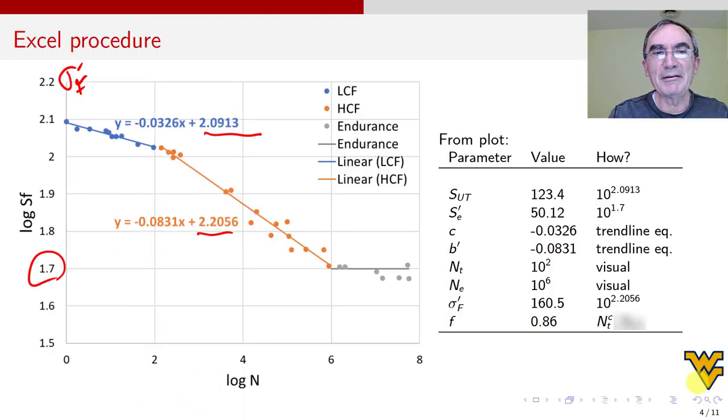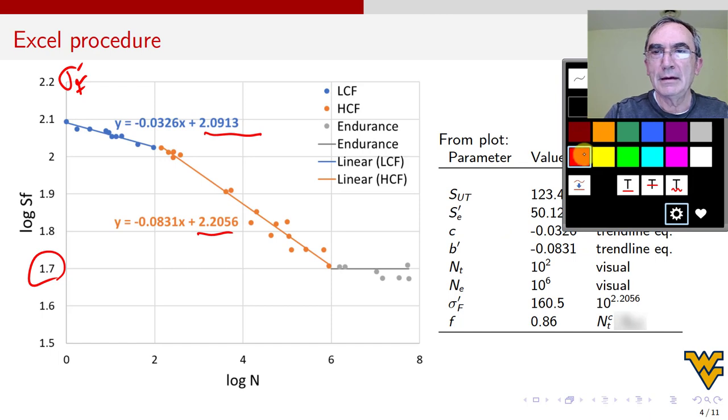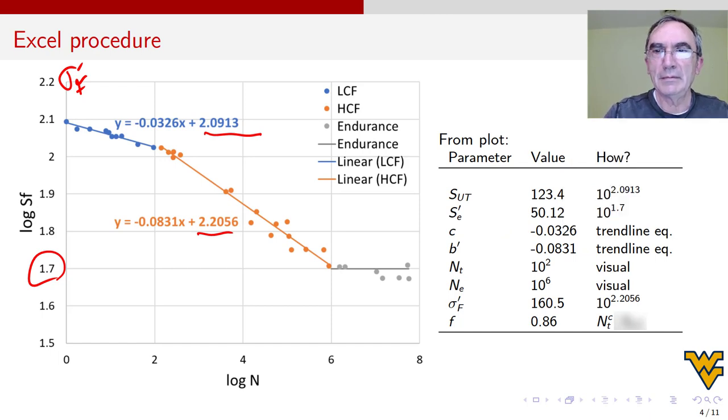I stopped the recording for a second to verify that I had the numbers right on the screen, because for these two numbers here I thought, do I get the correct numbers? And I came here, and yes, they are the correct numbers. What I can do is calculate C, which here I'm just calculating from the trend line. So this is C.